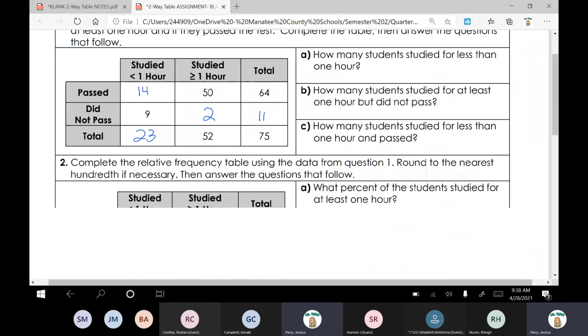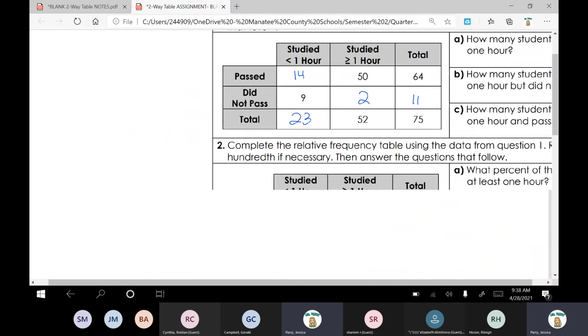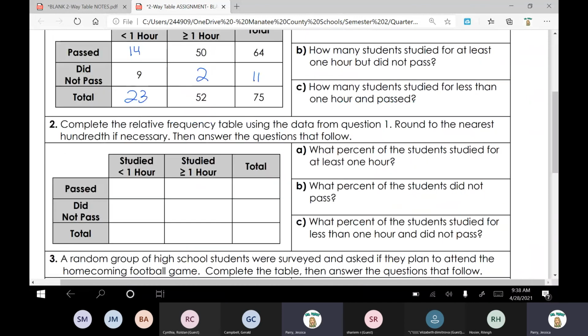But let's fill out the decimal information here. For number 2, you're still going to have to go back and answer A, B, C. I'm not doing that for you. But for number 2, it says complete the relative frequency table using the data from question 1. Round to the nearest hundredth if necessary, then answer the questions that follow. So you're going to take all of these numbers here